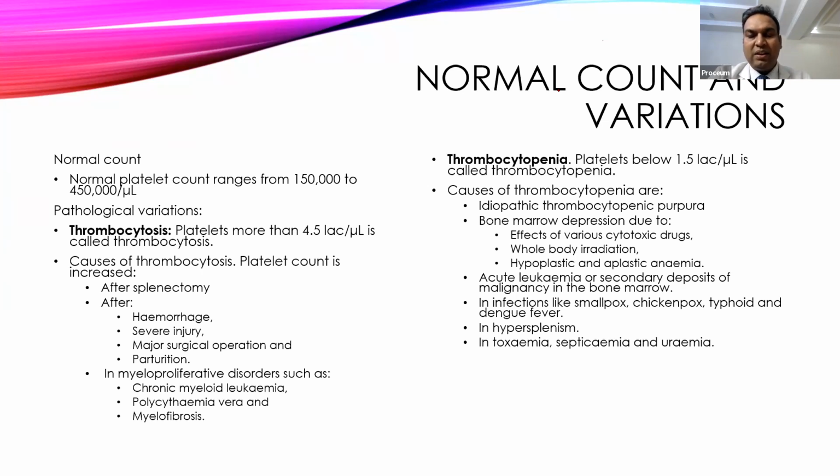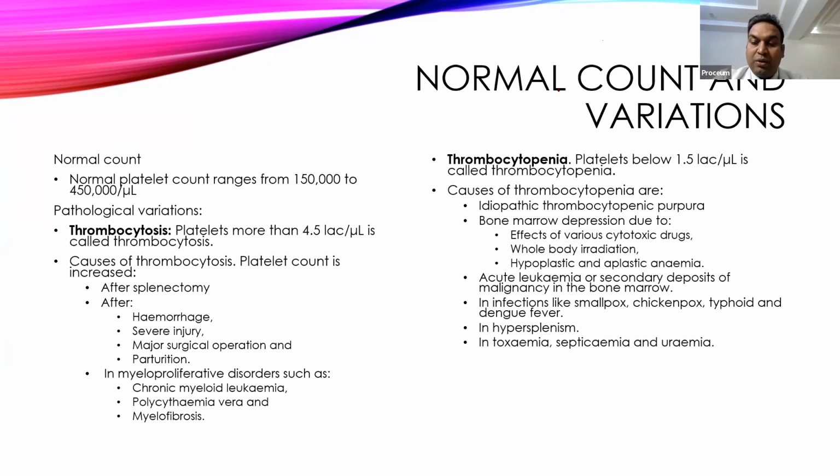The second condition where the platelet count decreases is bone marrow depression, where bone marrow proliferation is not occurring. Either it is because of treatment with cytotoxic drugs, or because of irradiation of the body, or aplastic or hypoplastic conditions of the bone marrow. Then there is a decrease in platelet count. Also, you can see it secondary to malignant diseases like leukemias, where the bone marrow is completely replaced by the leukemic cells, and only one strain of WBC will start growing, so that will compromise the growth of the platelets and RBCs also.